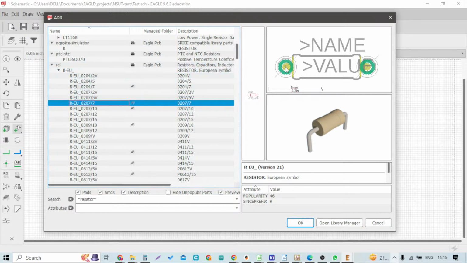So 07 stands for the length of the body. So from this point to this point is the body of the resistance, and the length here is 7 mm. Hence it is mentioned as 07. And then again you can see there is a /7 also given. So /7 stands for the distance between these 2 points. There is a point here, and then there is another point here. These 2 points will be actually the place where the leads of the resistance will be inserted and soldering will